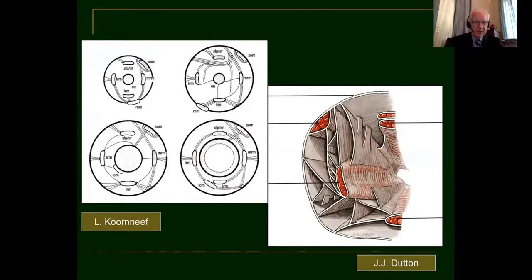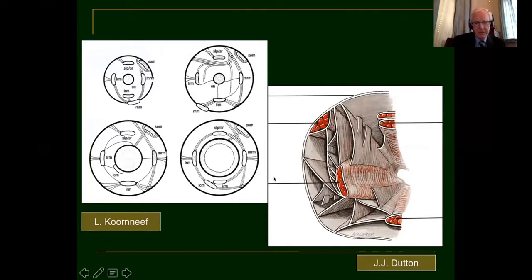And Leo Koornneef in the 1970s described this, and what he did was take thick sections of the orbit to isolate out a septal system that he saw. This is a series of drawings from his original article, in which the recti muscles are within the orbit, suspended in their position. And if you'll notice, there's a septal system that goes out to the periosteum and suspends these orbital pieces throughout